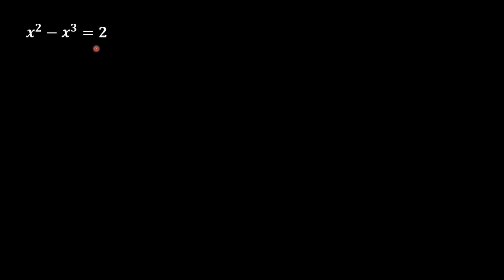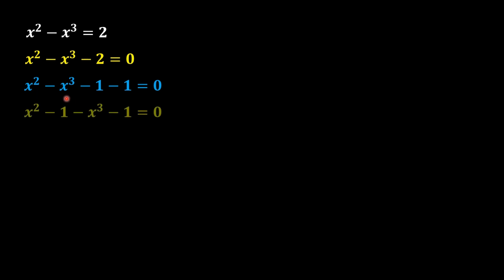Today in this video we are going to solve a question. Our given question is x square minus x cube is equal to 2, and we should solve this for x. In order to solve it, first we should arrange this equation as x square minus x cube minus 2 equal to 0. Now in the next step we should break this minus 2 into minus 1 into minus 1, and the other side of the equation equal to 0, and the other part of the equation will remain the same.